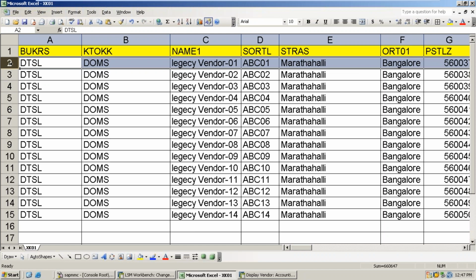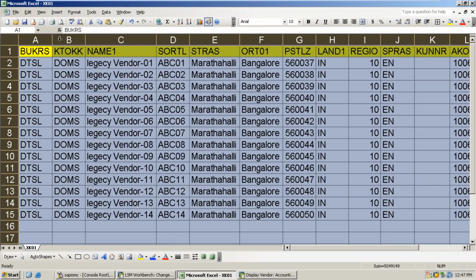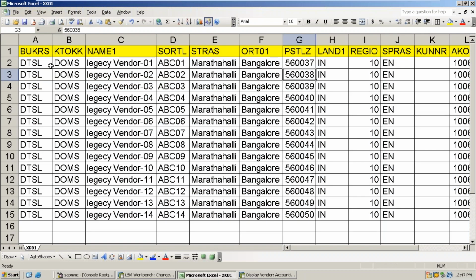Then based on that deletion, there is one selection inside. I'll show you what the selection is. Now I have deleted the description. I kept only the technical name like this. Keep the cursor here and double click on this. Make sure there are no gaps in the columns and rows. Okay, now what to do?